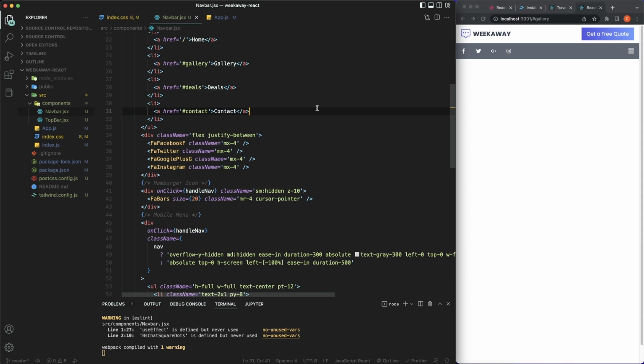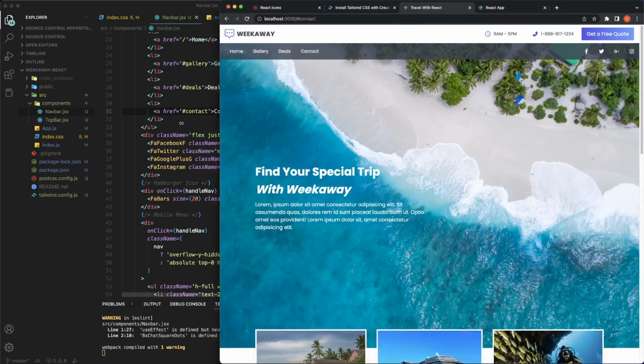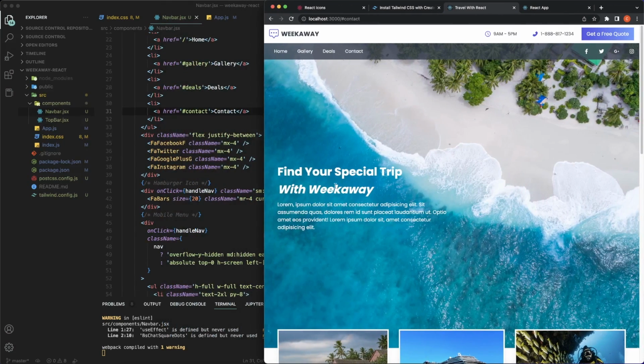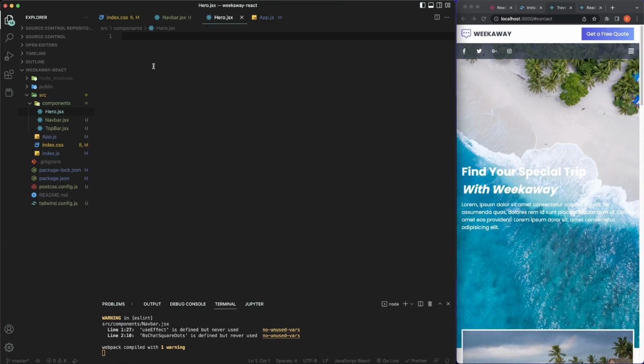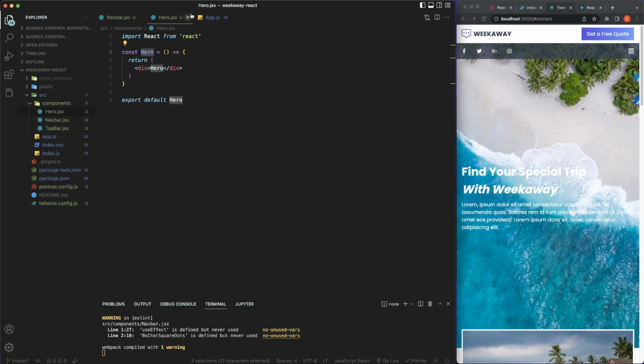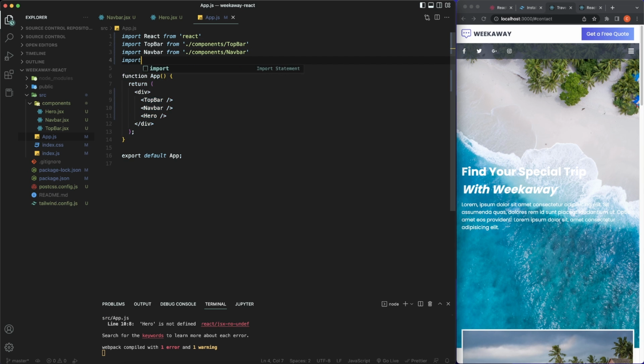All right, you guys. So moving on, I'm going to go ahead and press Command B to toggle my sidebar, and let's create our next component, which is going to be this hero background here at the top with an image that I just pulled over from Unsplash, and it's going to contain this text as well. So let's go ahead and do that right now. Let's create a new component in here, and I'm going to call this hero.jsx. So rafce is going to get our functional component, and I'm going to go ahead and close that index.css. And real quick, before I forget, let's go ahead and import this hero, just like so, and we'll import Hero